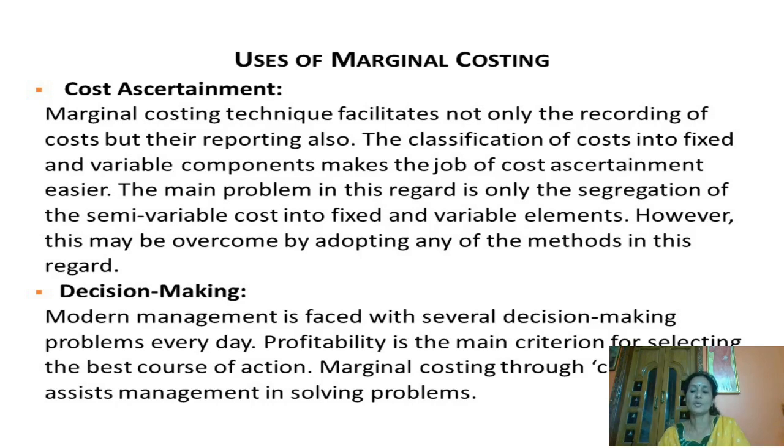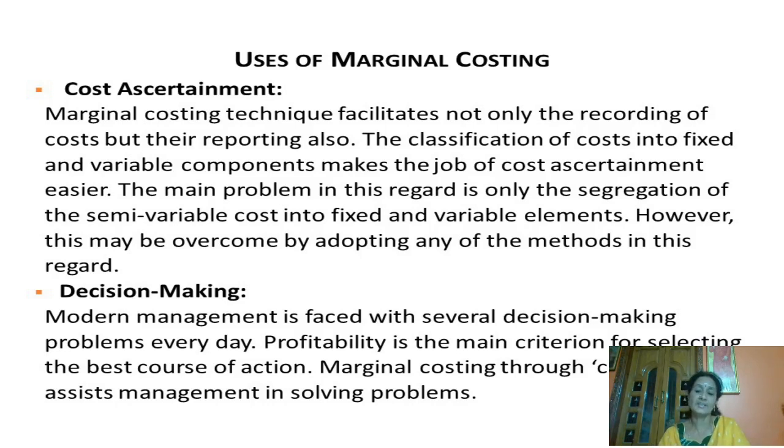What is semi-variable cost? It is neither fixed nor variable. Up to a certain extent, a certain cost will be fixed and later on it becomes variable. Suppose you want to install electricity in a factory building: the installation charge is fixed, and later the electricity charges incurred every month will be variable. So this can be termed semi-variable. Why it is termed semi-variable is that it's a combination of both fixed and variable elements. That's why it is semi-variable.